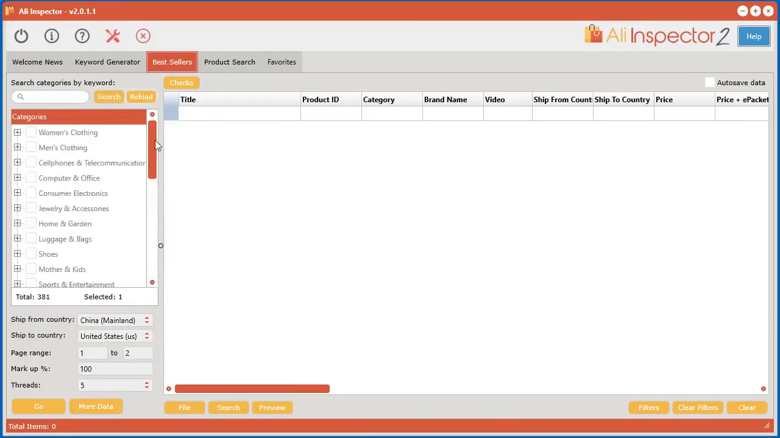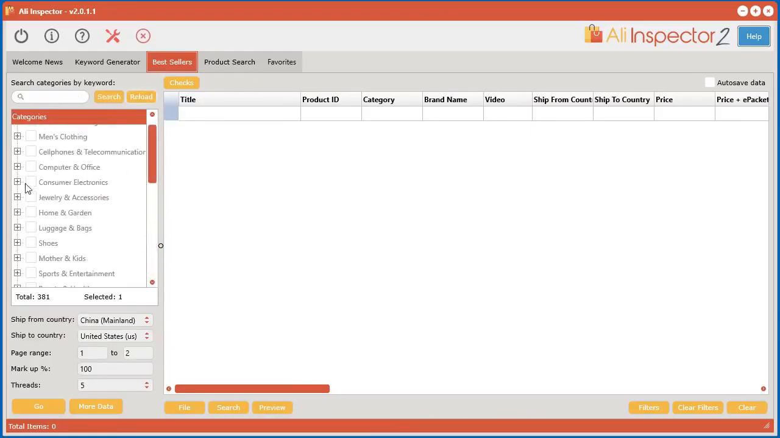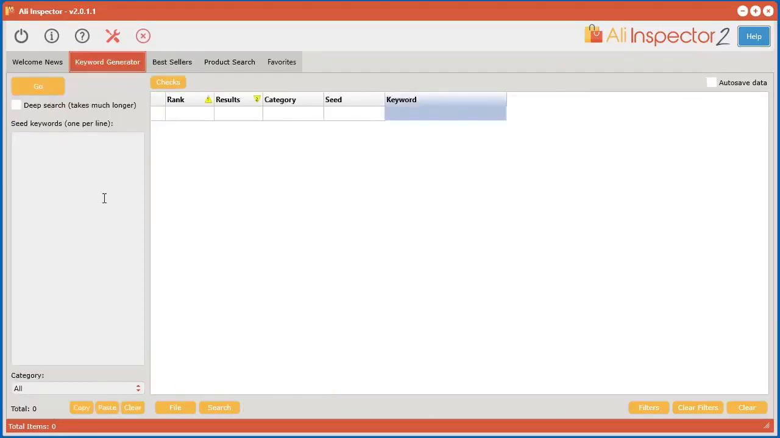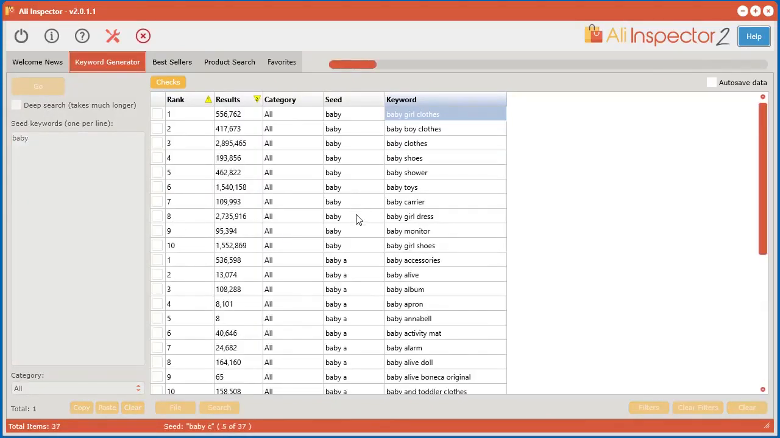Not only that, you also have the bestseller section where you can come in here and you can actually see over 380 categories, and all you have to do is select a category and just click go, and you can get all the best sellers from that particular category. The keyword generator really helps you pinpoint additional niches. This tool gets the keywords directly from AliExpress, giving you the rank of that keyword as well as the number of results for products in their network,